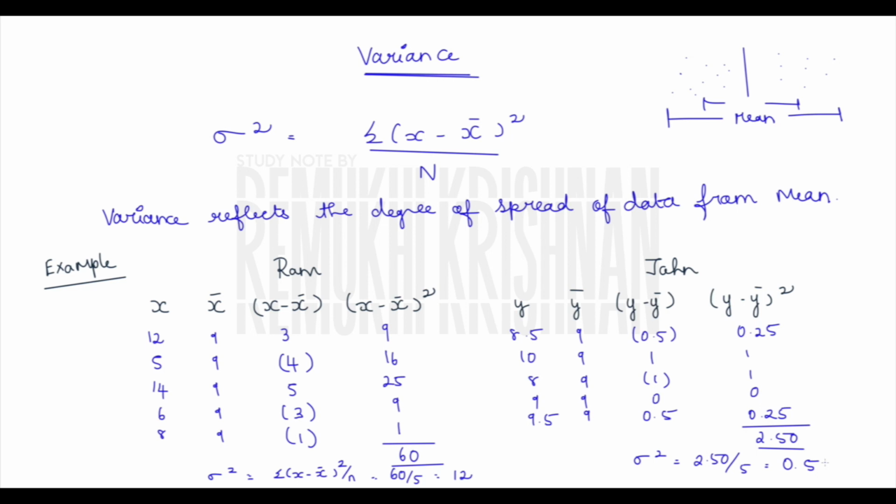In simple words, standard deviation is used when there is one project or a portfolio. Whereas when there is more than one project, you will find the risk based on the variance. Then only can you compare which project is best for you. If you are going to choose a project, you choose the project with less variance. In this case, John is in a safer position compared to Ram. Okay, let us move further and see the next concept called coefficient of variation.